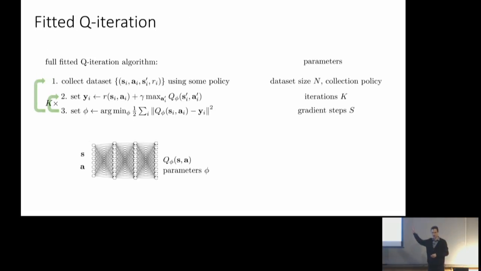So does anyone have any questions about the fitted Q iteration algorithm? Yes, back there. When you go back to step 1 again, after you're done iterating over steps 2 and 3, and you have to collect the data set again, is it DAgger style in the sense, are we then going to extract our policy and then use that to?